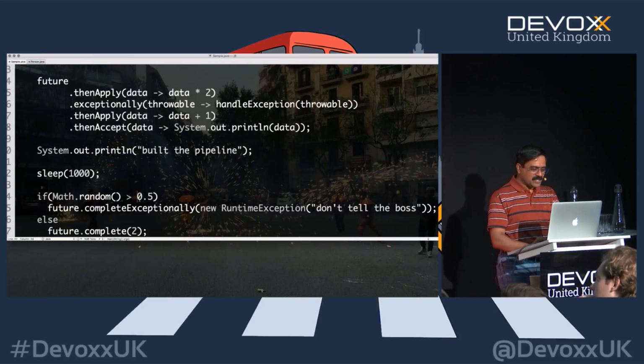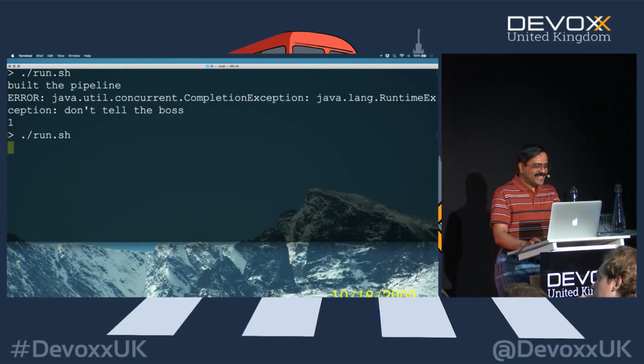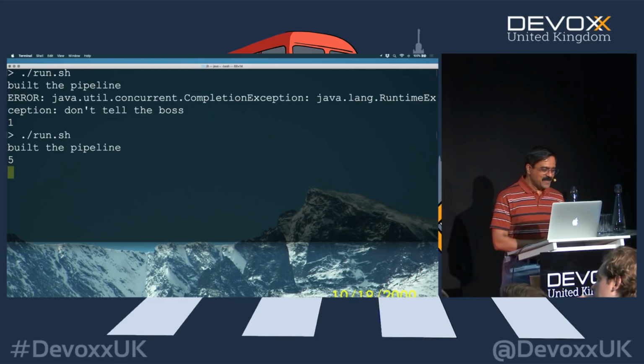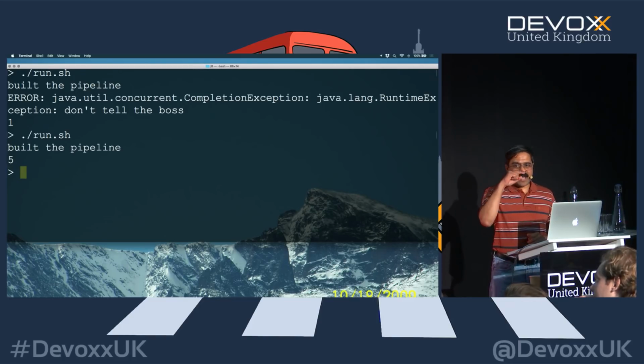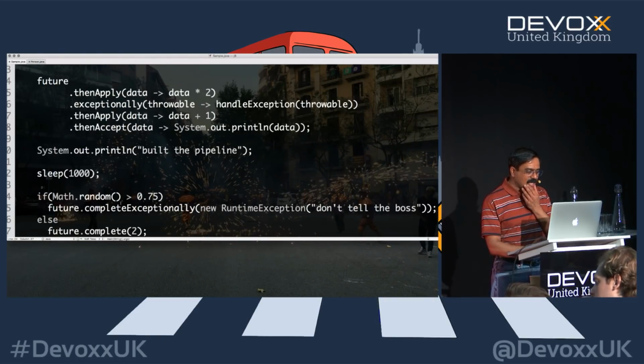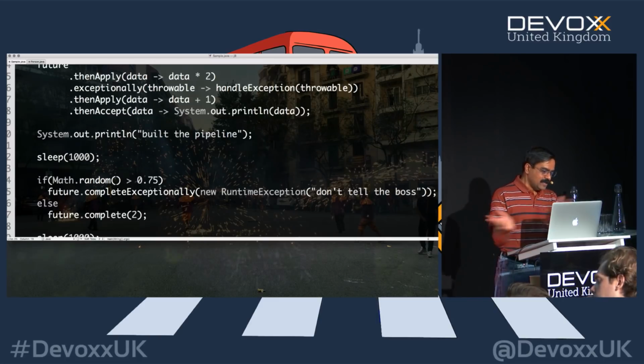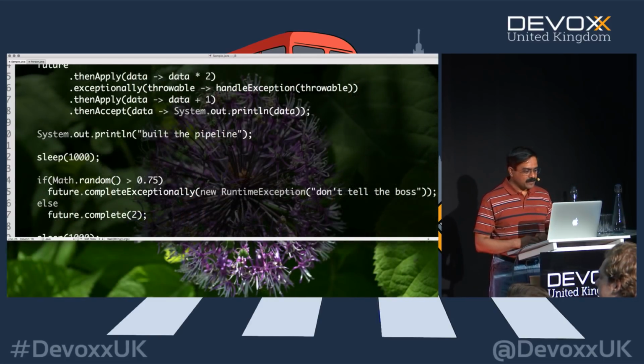Well, let's try this. Let's give it less chance to fail, 0.25. Well, actually, no, 75%, right? So less chance to fail. Let's try this one more time. Okay, I give up. It's bent on failing. All right, there you go. So that's an example of how you could decide to handle failures versus success, and you can either complete it or you can completeExceptionally and send the data through your pipeline.